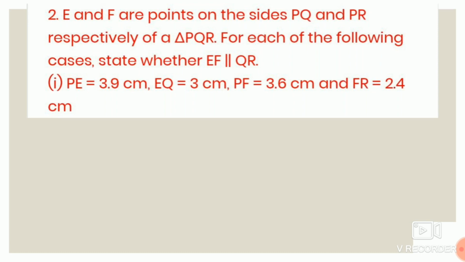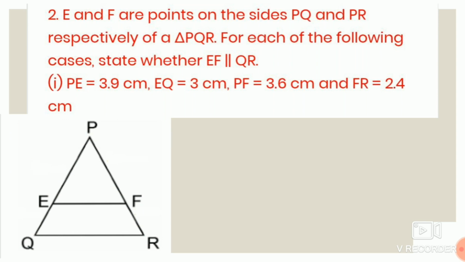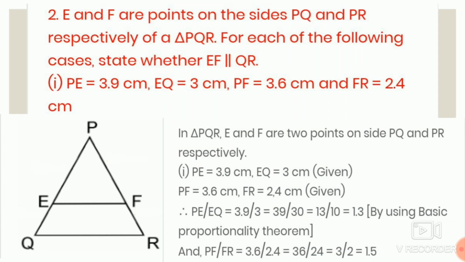Question number 2. E and F are points on the sides PQ and PR respectively of a triangle PQR. So let's draw a diagram. So we have a triangle PQR where E and F are two points on the two sides PQ and PR. For each of the following cases, state whether EF is parallel to QR. So number 1, the values are given. PE is equal to 3.9, EQ is equal to 3 centimeter, PF equal to 3.6 centimeter and FR is equal to 2.4 centimeter. Using the basic proportionality theorem,